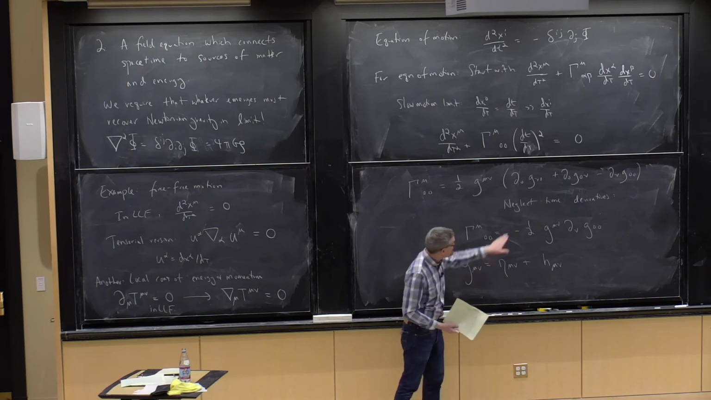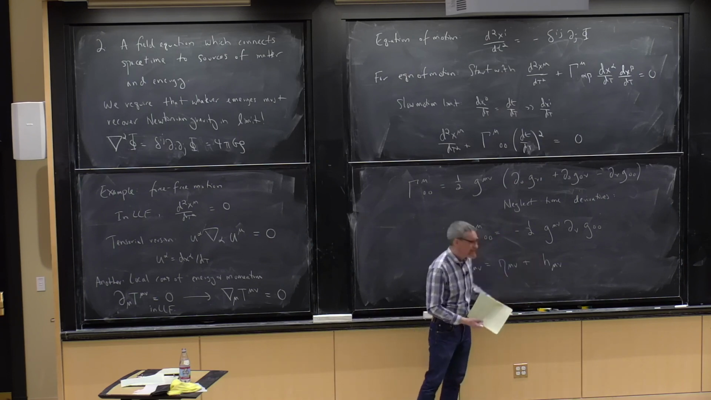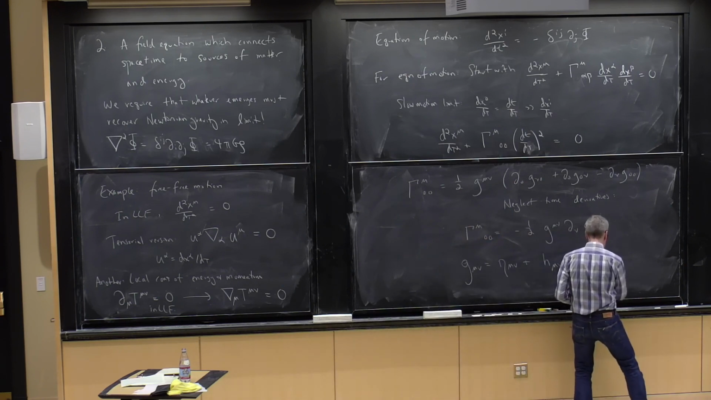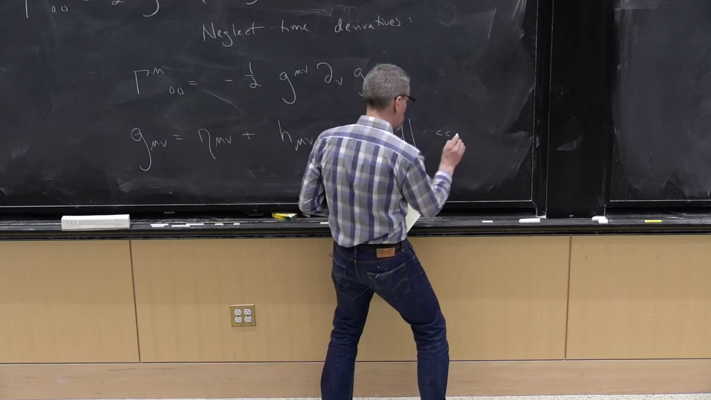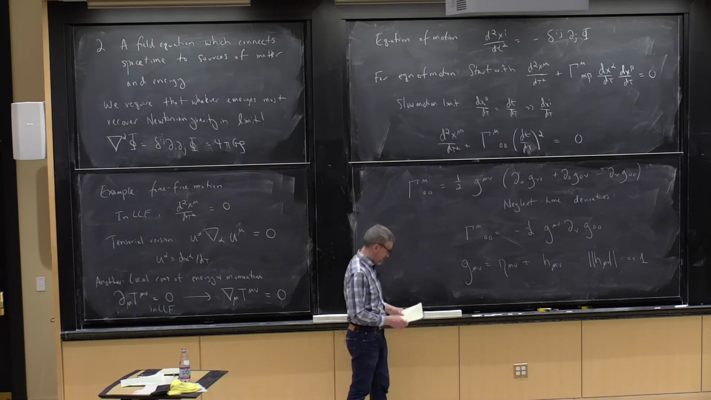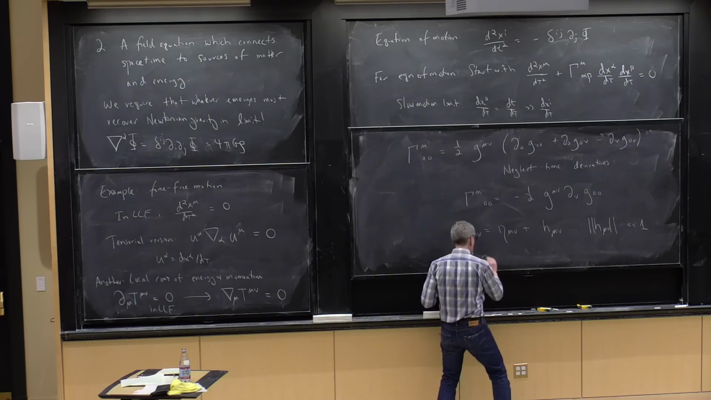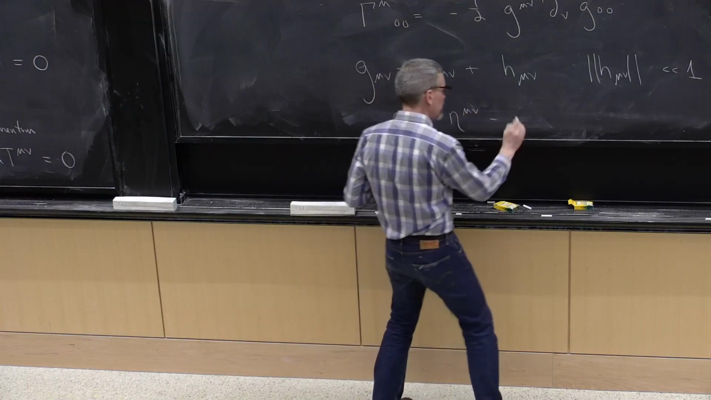We're going to treat the g mu nu that goes into this as the metric of flat spacetime plus something else, where I'm going to imagine that all the different components of this, so a typical component of this h mu nu, has an absolute value that is much smaller than 1. Okay? It's not too hard to prove that when you invert this,